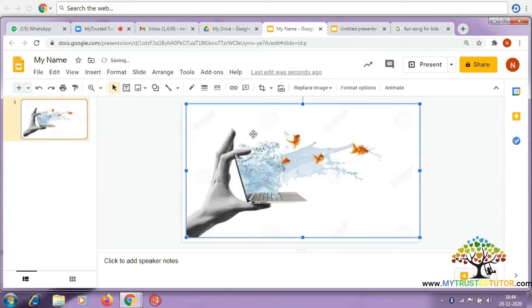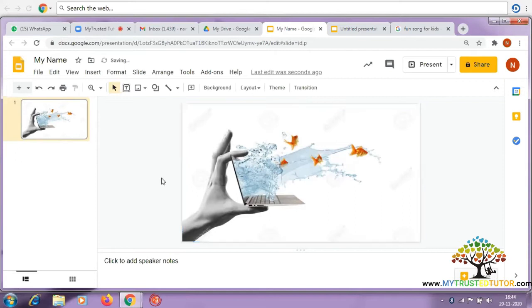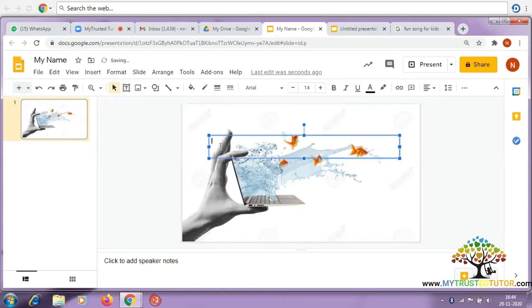now you want to type something on the picture. If you want to type something on the picture, what you have to do is click on the text. We can all see a T letter over here, which is the text box. If you click on this text box, you need to click on the picture. Fine. When you click on the picture, you are able to type anything, like,